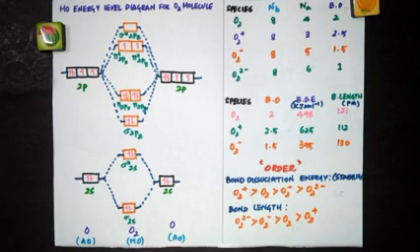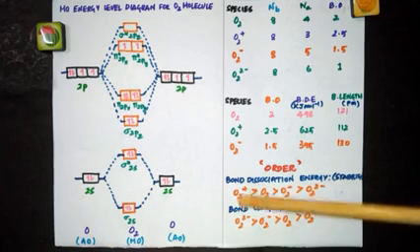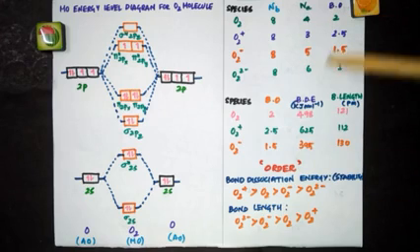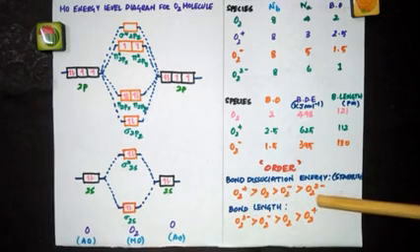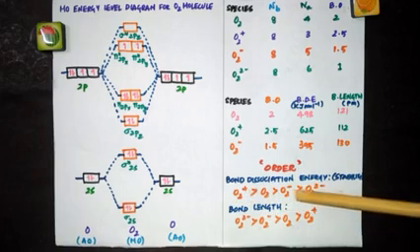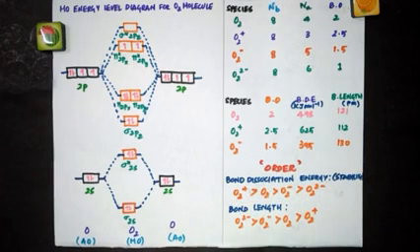Now we have seen already bond order is directly proportional to bond dissociation energy. So that is directly proportional to the stability of the molecule. So as the bond order increases, stability increases. So now look here, which has the highest bond order? O2 plus. So O2 plus will be more stable, and then comes O2 oxygen molecule, and then it is O2 minus, and finally O2 2 minus. So this is the order of bond dissociation energy. It decreases in this order. So the stability also decreases in this order.